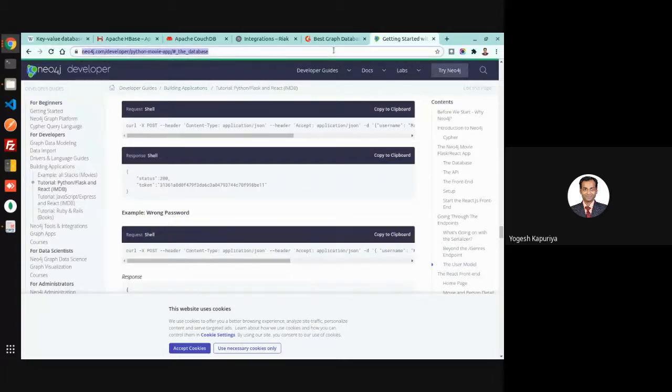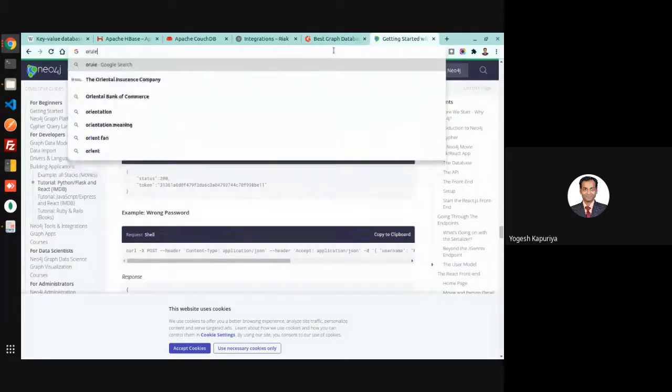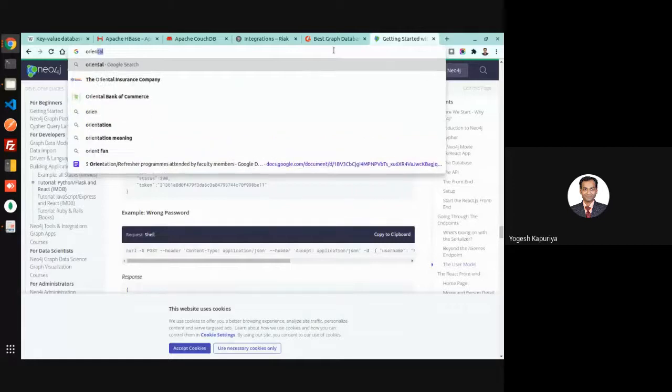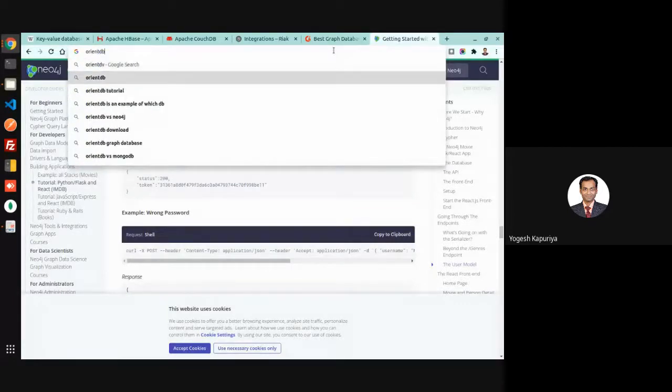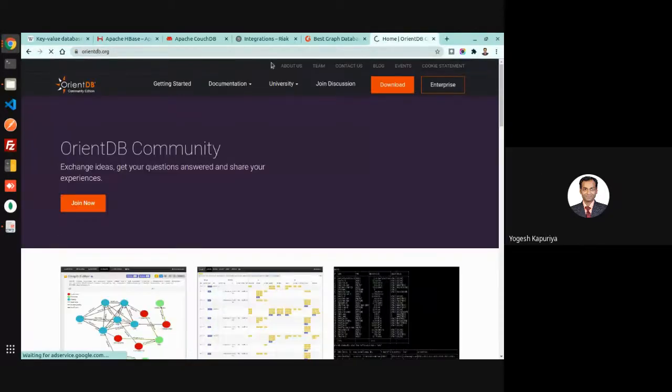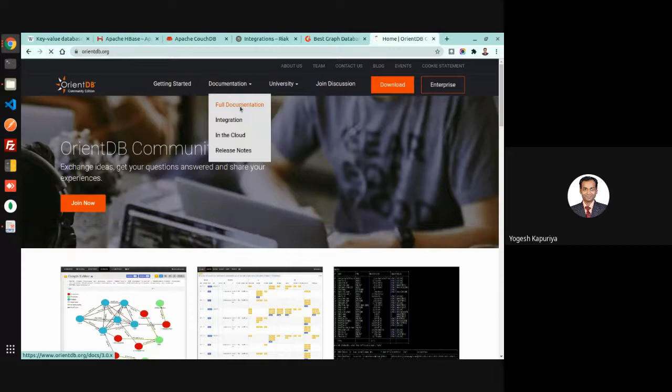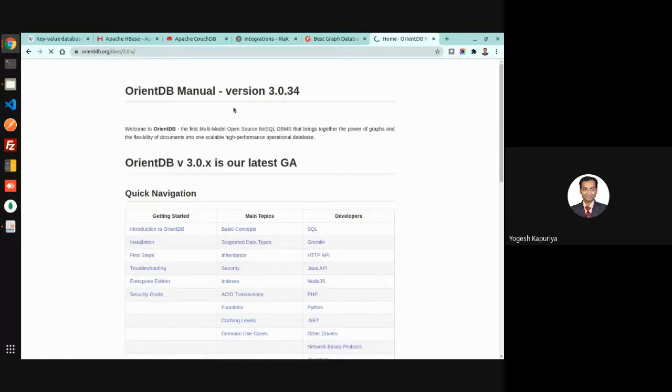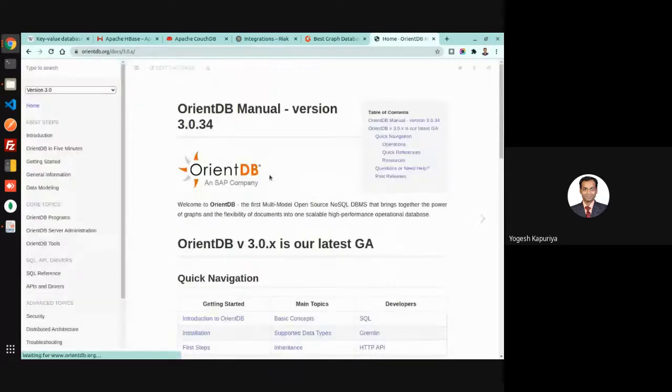There is OrientDB as well. Okay, OrientDB has a community edition. That means it's an open source database. You see the basic concept.